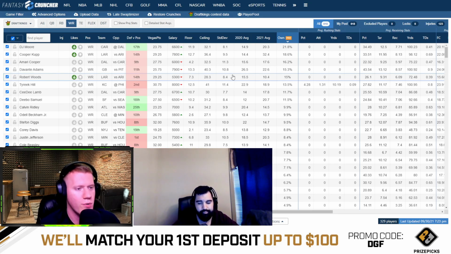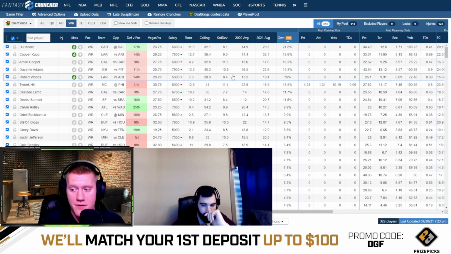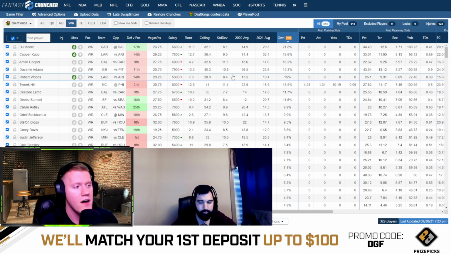7.8K here for 18.6% ownership. And then the one guy that I'm kind of confused about, not that I hate him, I'm just confused that his ownership is so high. Amari Cooper has dropped 2 back-to-back duds here, and he's off the injury report, so he should be fine. 16.2% ownership. We have Devontae Adams, and then Robert Woods is another guy that has been kind of flying under